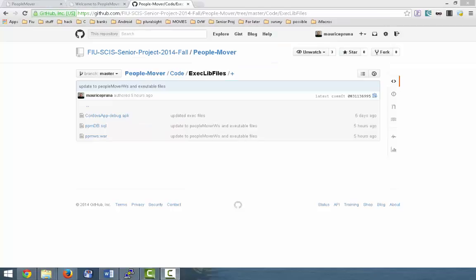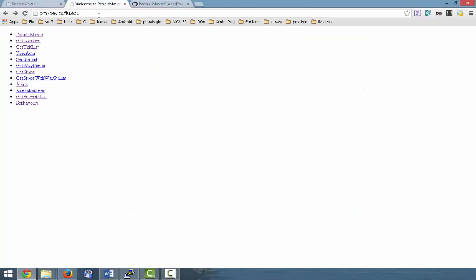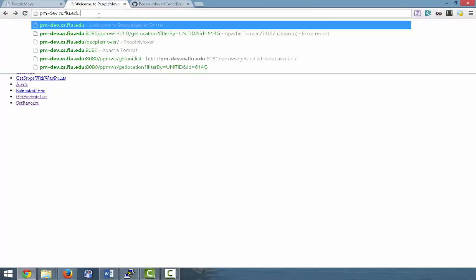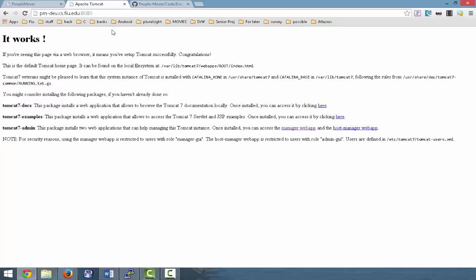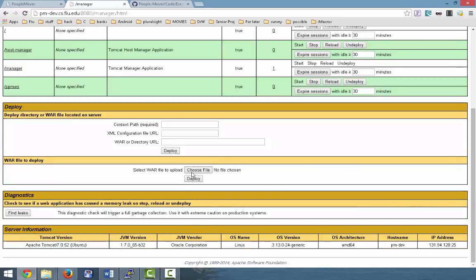Deploying the WAR file is pretty much similar to how to deploy the database file on phpMyAdmin. Just go to your Tomcat website on your local server using the 8080 port or whatever port is set up. Go to the Manage Web App, scroll down, choose the file in the section that says WAR file to deploy. Choose your WAR file, hit deploy,